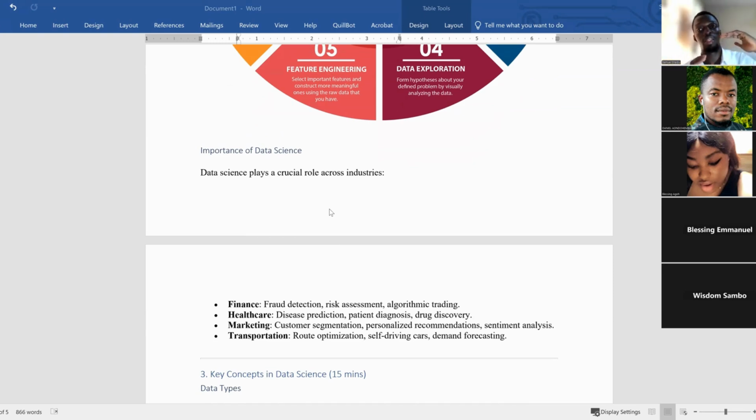So look at what we've covered already. We looked at what data science is, the life cycle, and the crucial roles. Before I move to the next part, which is key concepts, if you have a question, you can start dropping them. I don't want to wait to the end for Q&A. I don't want to bombard you guys with too much information, so we'll take it one step at a time. You can just drop it in the chat section if you have any question. So I'll go to Olakule's question.